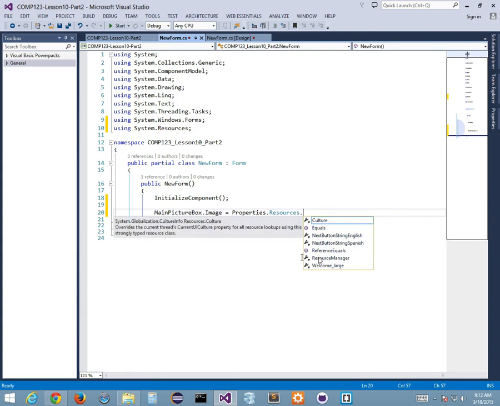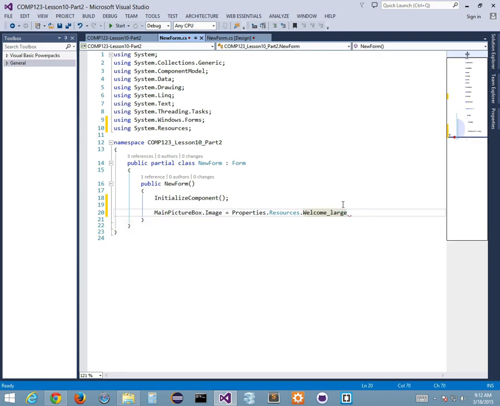And I look through here and I see there's the next string English. Look, here's the next button string Spanish. Hey, this is the way to do this, man. And I got my reference equals a resource manager, and my welcome large. Dude, this is the way. Welcome large, right? So that would be the name of my resource, because each of my resources has a name,